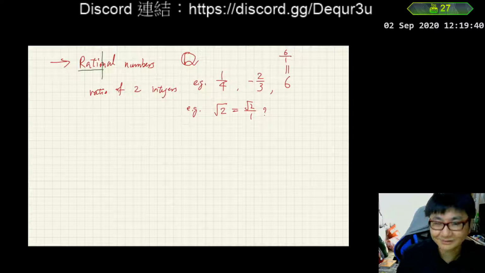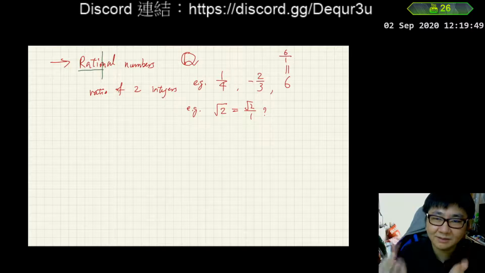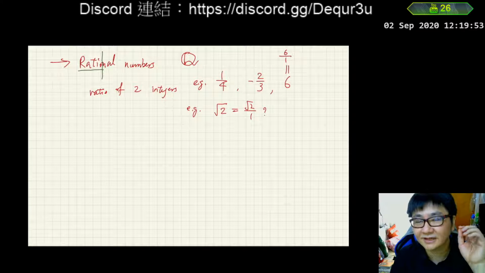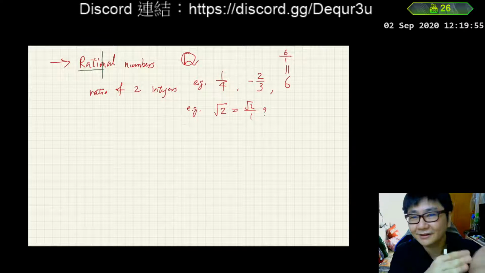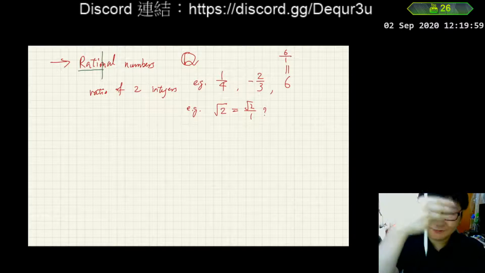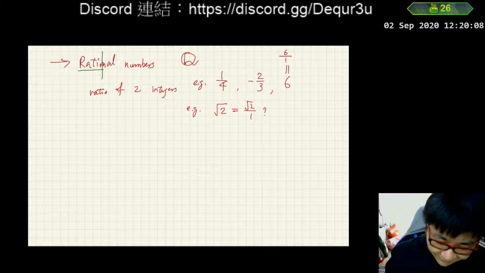But then, okay, you may also argue, what about if it is not square root 2 over 1? Can we find two numbers, make them into a fraction, and it becomes square root 2? This question is a little bit harder to explain. That means can we find other numbers that you put one over the other and then you still get square root 2? This is a harder question to answer. If you want to know, I can show you this. In fact, I have shown you this before.